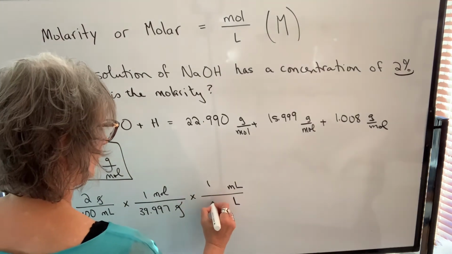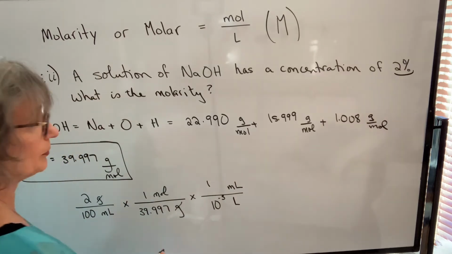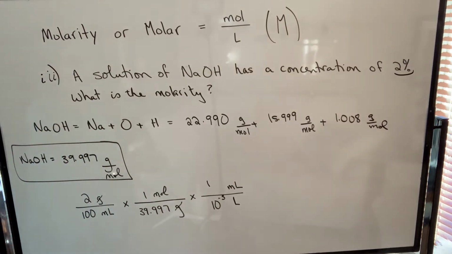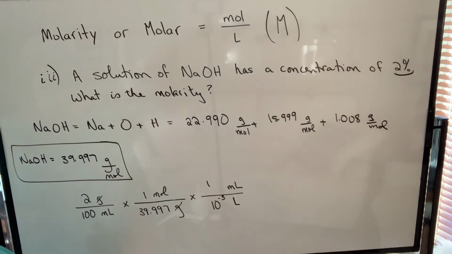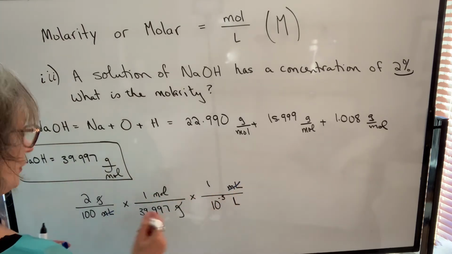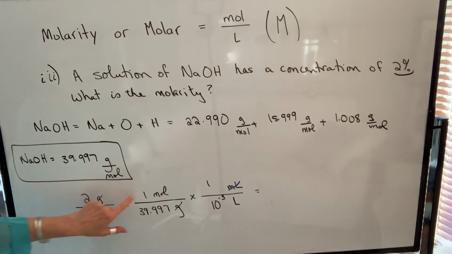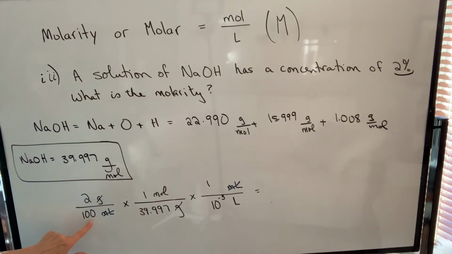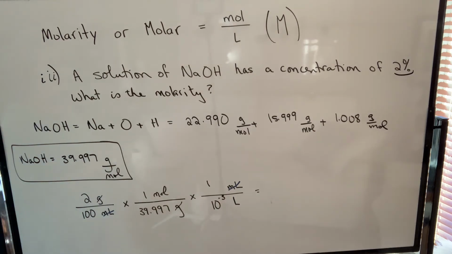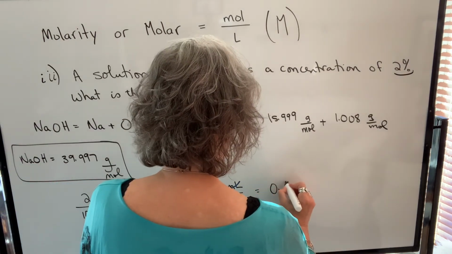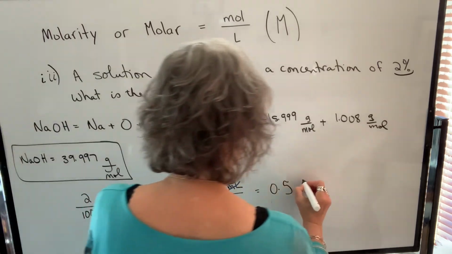1 milliliter is equivalent to 10 to the negative 3 liters if you look up your table of metric prefixes, or 1 liter is equivalent to 1,000 milliliters. Both options will give you the correct answer. We're going to cancel milliliter. You can see the units left are moles per liter. So we're going to take 2, multiply by 1 times 1. We're going to divide by 100. We're going to divide by 39.997, and we're going to divide by 10 to the negative 3. When we do that calculation, we will get 0.5, and it's moles per liter,